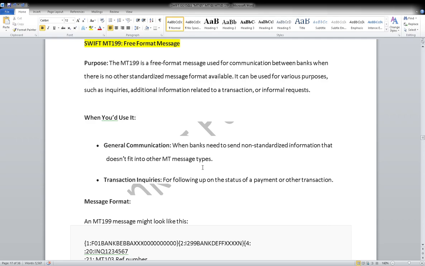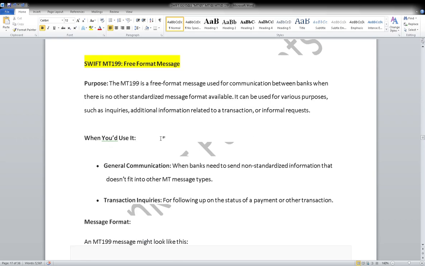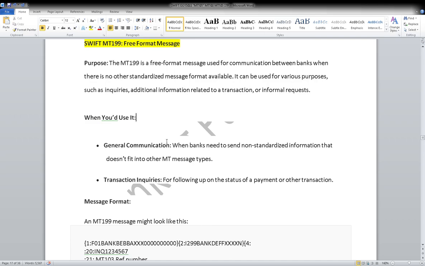So this is a simple transaction flow message. It can be used for asking queries. This is a very less popular message, and there is no significance of this message unless you get a particular project working on it. Normally I also do not use this message widely when I am working on project information. So this contains two parts: general information, when the bank needs to send some standardized or non-standardized information